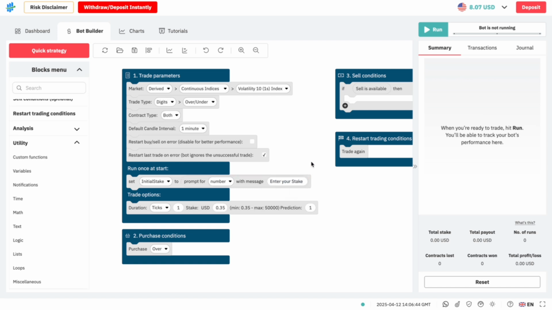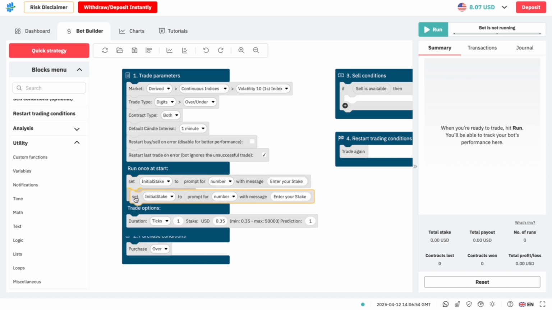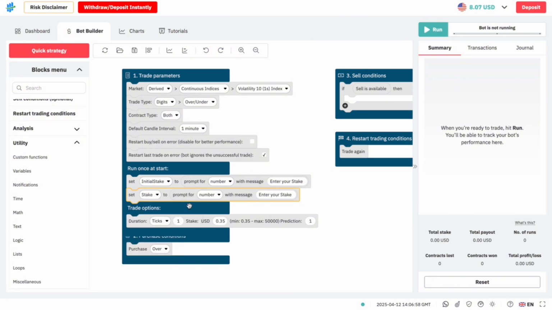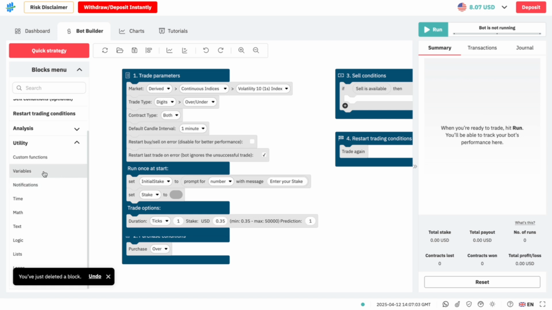So this is the first stake that we'll use. But remember, initial stake is only for the first time. So we need to also set, so just click that and duplicate it and set it there. We also need stake, but stake will not be asking the user because stake is similar to